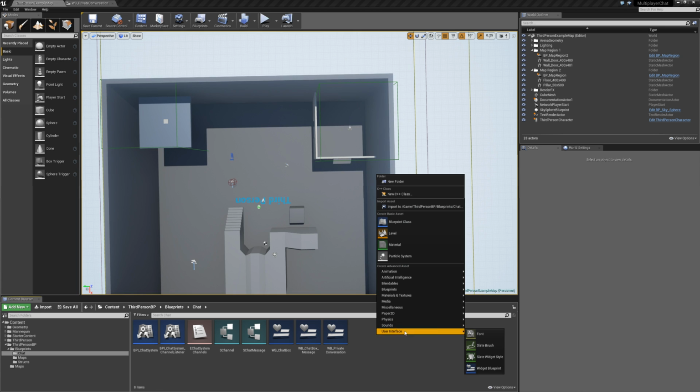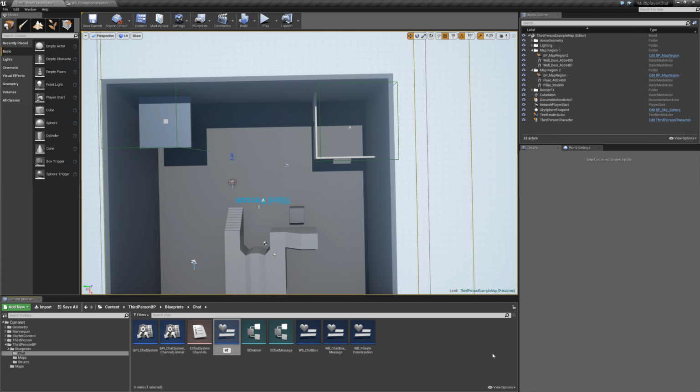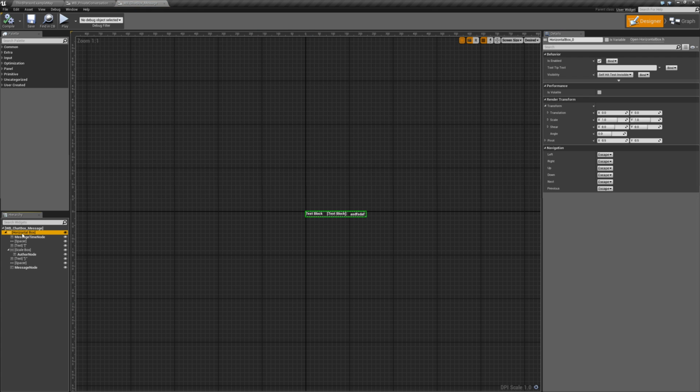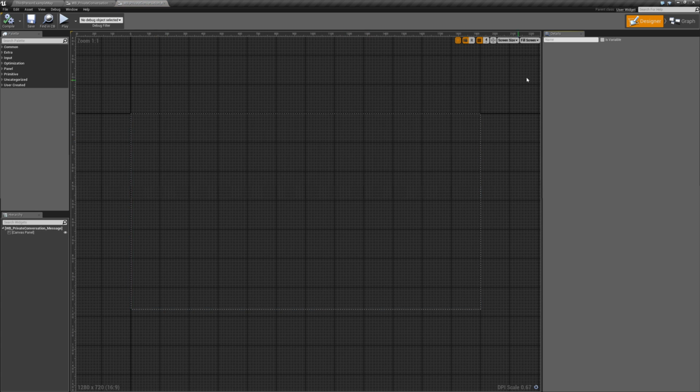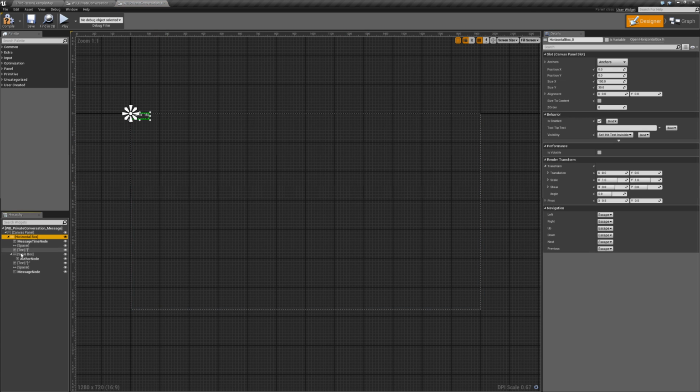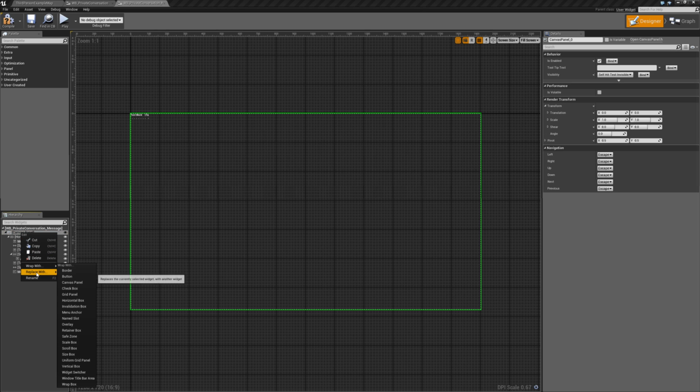Let's go ahead and go to the user interface, or create a new user interface, and we'll call this WB private conversation underscore message. And open up our chat box message, copy this entire horizontal box, and let's bring it over into this private conversation one, like that. The only thing we're going to change is right click the canvas panel, replace with vertical box,